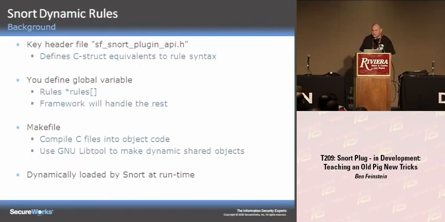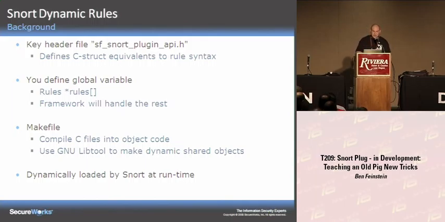So to jump into the dynamic rules, these are probably the simplest ways you can extend Snort using the C language. There's one key header file that you ought to look at. It's the SF Snort plugin API header. And what it does is it defines C structure equivalents to all the rule syntax structures. We're talking flow, content, PCRE, those kind of structures. So basically in C code, I can create a struct that defines the same properties as I would in the